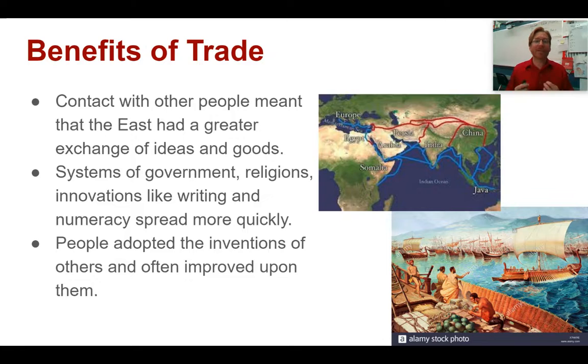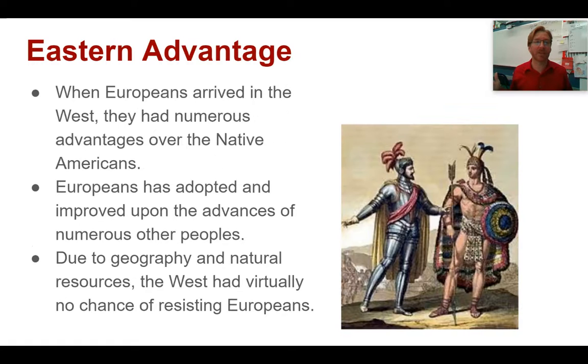People adopt these inventions. They find out what somebody else is doing, and then they figure out a way to make it even better. And then the original inventors see that improvement, and they improve upon that improvement. And you get this cycle of improvement based upon trade and contact with each other. And this is causing the Eastern Hemisphere to explode in technology. So the Eastern Hemisphere societies really have an abundance of advantages.